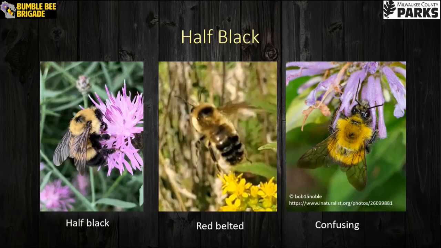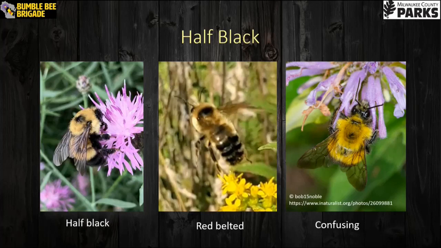The half-black is another species that can be a little tricky to ID. It can be confused with the red-belted, rusty patch queens, and the aptly named confusing bumblebee. Looking at the thorax is a good place to start with this species. Half-blacks usually have a small black spot, while red belts often have a larger oval, and the confusing bumblebees will